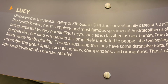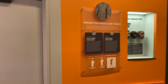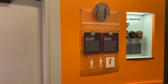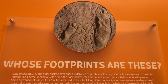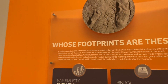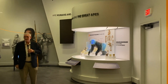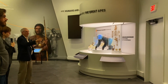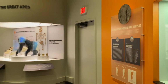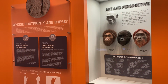because the Laetoli footprints over here, which we talk about and have a photograph of, they're supposedly dated to 3.7 million years, which means they are supposedly, from an evolutionist perspective, older than Lucy. Lucy, obviously, if you look at the hands and the feet, they're obviously apes, but the Laetoli footprints look human. So then that was a problem for Lucy from an evolutionist perspective. So we have the Laetoli exhibit here, and then over here,